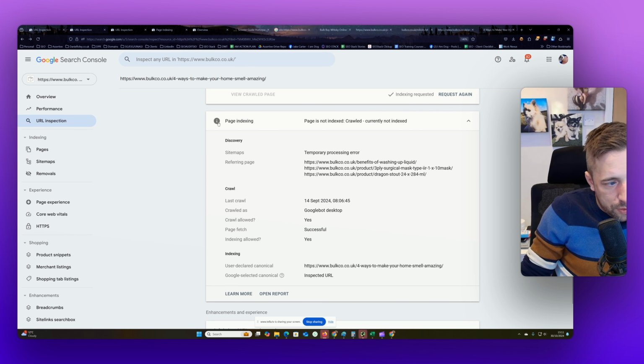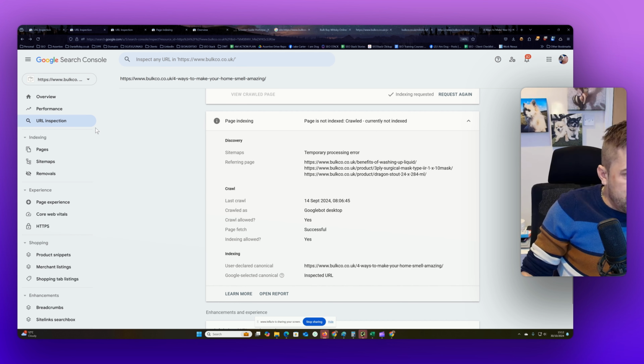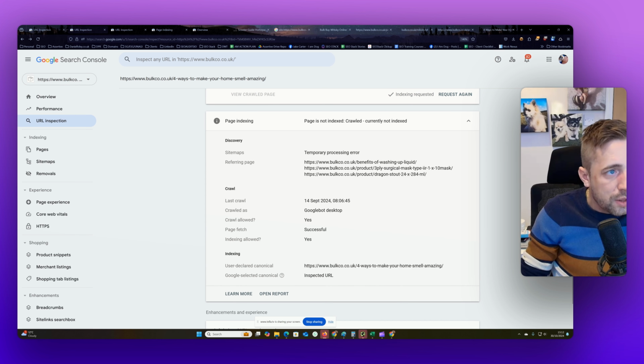And that's where we see this page indexing. Okay. And it says page is not indexed. It's crawled, currently not indexed. Okay. Now, in the next set of videos where I cover indexing, I'll cover this in more detail. But to give you an explanation, this is simply,